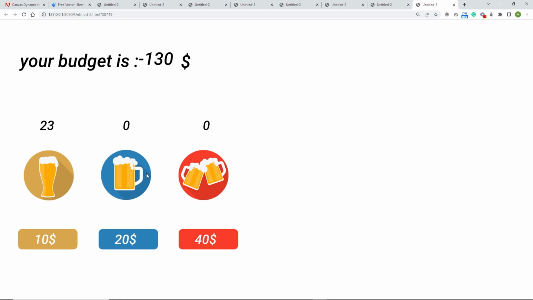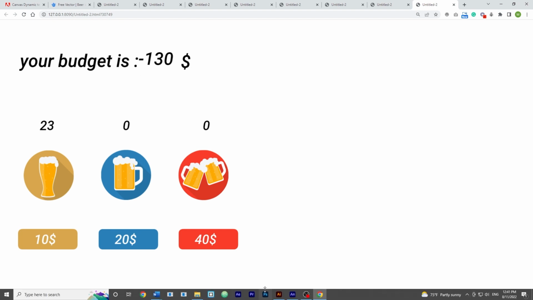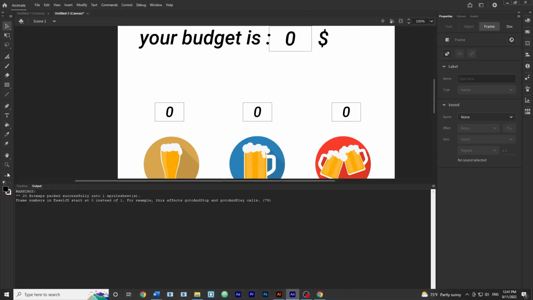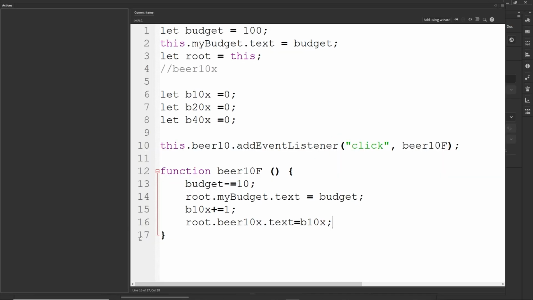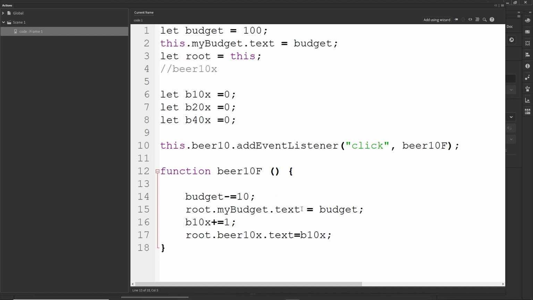Right now, maybe you can see the issue that right now I am like minus 130, and that's not something that I want. So we are going to make this with the if-else statement. Or maybe we are not going to have else, we are going to only have if. So I will click F9 to go back to the code. And what I want to do is in here, in the function, I'm going to type if, and I'm going to type if budget is going to be bigger or equal to 10,